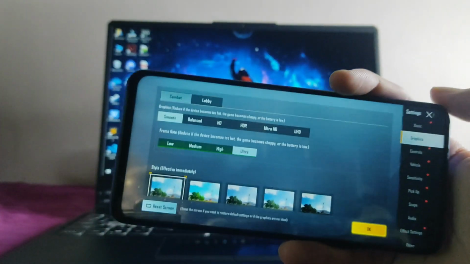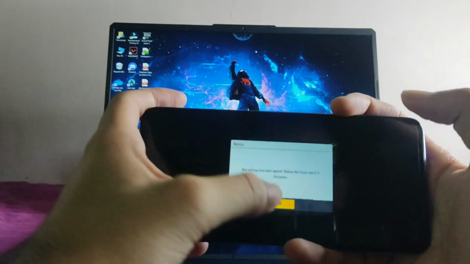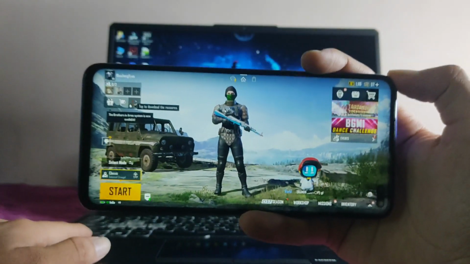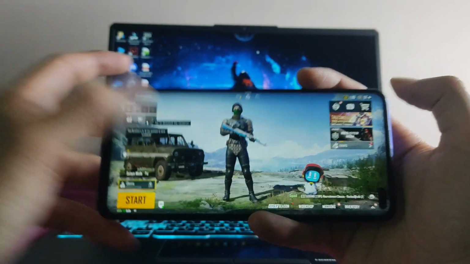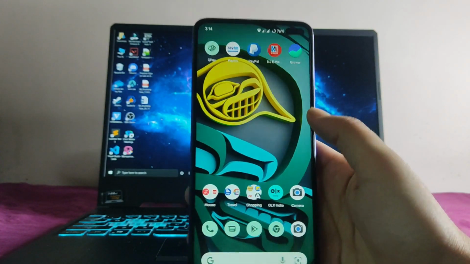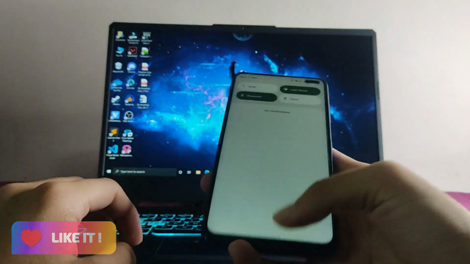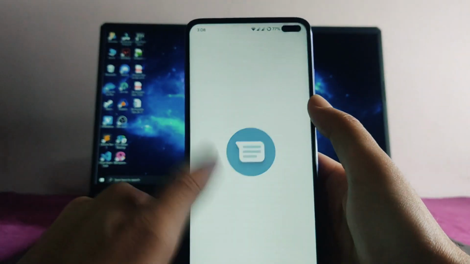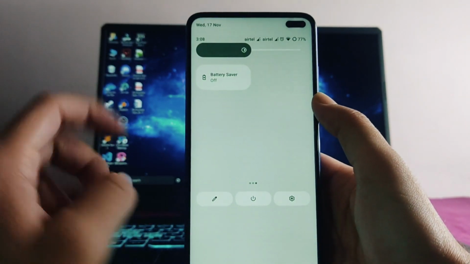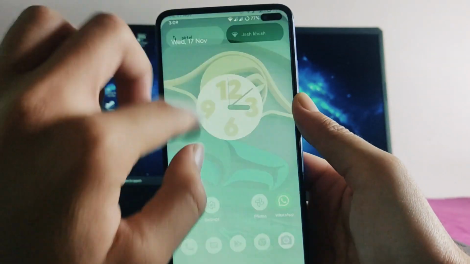You can turn on HDR and Ultra HD with 60 fps using the GFX tool. So if you want, you can use the GFX tool, and the 60 fps gameplay here is working fine. Gameplay here is just not an issue. You will get a smooth experience and the device will heat up a bit while gaming. And also the one-handed mode here is available. The calls are also working fine. Calls, messaging, mobile data, Wi-Fi, everything here is working fine. We get to see the screen recorder available here, which is also working perfectly fine, no issues.